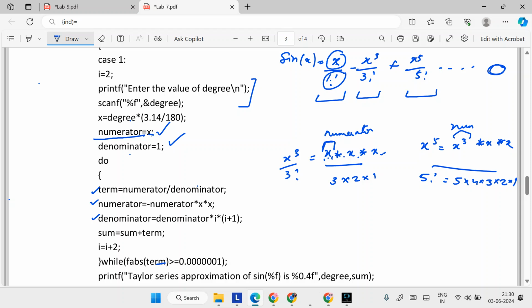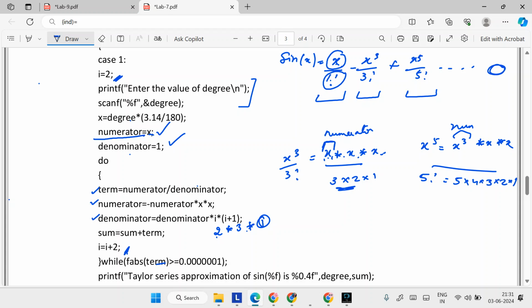Okay. So here you see, first let me do for this one. First time it is 1 factorial. Then it becomes 3 factorial. So 3 factorial means 1 has to become 3. So if 1 has to become 3, how much should the value increase? 1 to become 3, you have to increase it by 2. So here you increase the value by 2. So 3 factorial is whatever value you have, 2 times 3 times, of course, 1 also. So here it is 2 times 3, that will be 6.